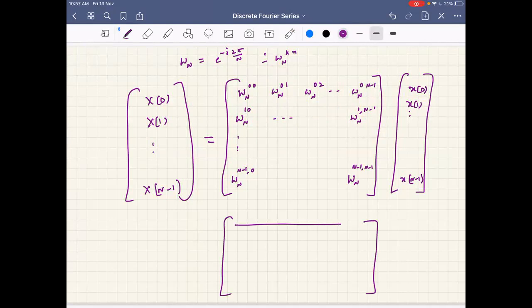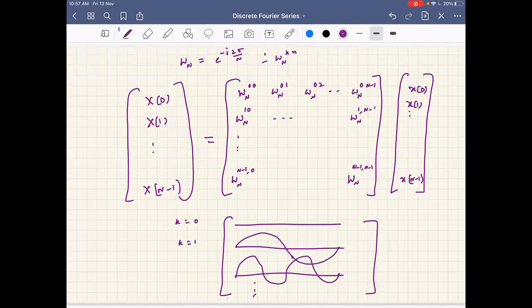The first one will be like this. The second one, if you sketch it, real part only, will be like this. I am sketching in a continuous case, but please note that they are not continuous. I don't know if you have seen this in any book. And the second one will be like this, and so on. I don't have space to sketch them all here, but this is with 0 frequency: k equal to 0, k equal to 1, k equal to 2.